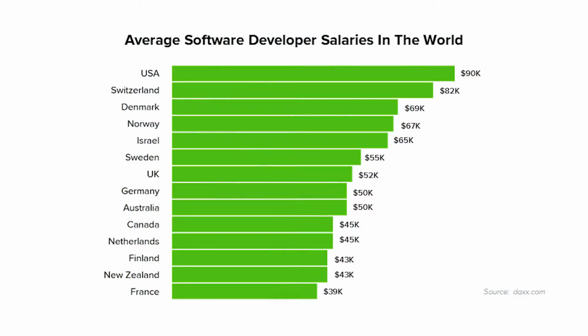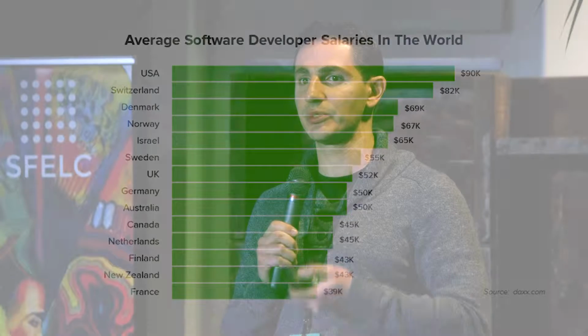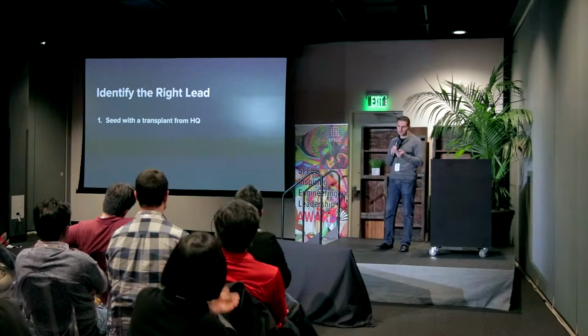However, the data becomes a lot more stark and interesting if you actually look worldwide, because if you compare the US to other countries on this particular list, you can see that the discrepancy becomes much, much bigger, right? If you go to France, for example, you're probably saving more than half in terms of engineering costs, which means you could potentially hire twice as many engineers. And if we go back to the data that we saw previously based on HackerRank challenges, you're not necessarily getting any worse talent. It's just cheaper.